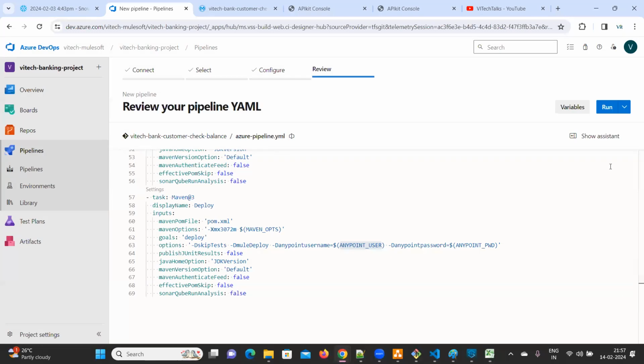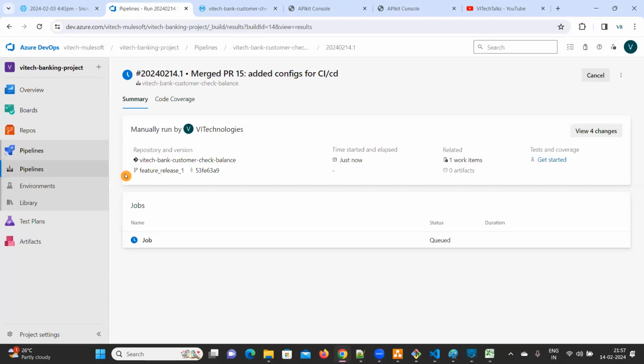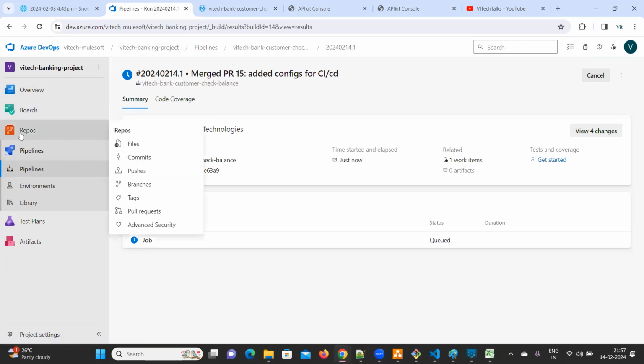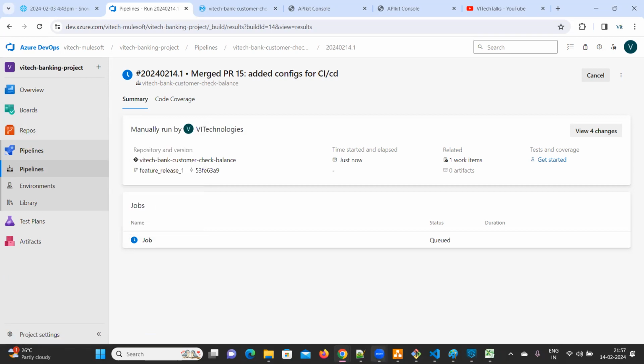Now click on save and click on run. Automatically it will run. Don't bother about this one. So the initial setup is done. So whenever you are going to work, apart from